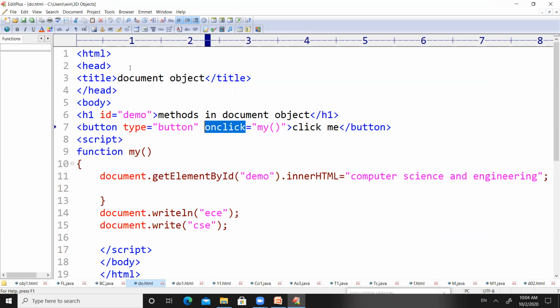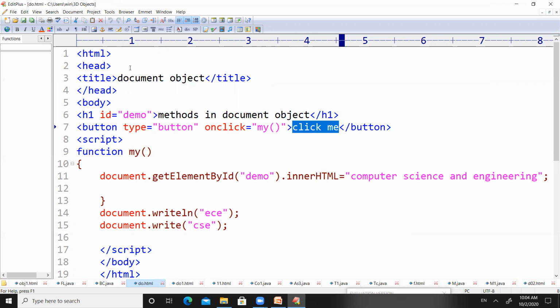So when somebody makes a click on this button, I want to execute a function called my. You can find my, which was displayed in the yellow color at the bottom, right? There will be one button, and the name on that button will be click me.